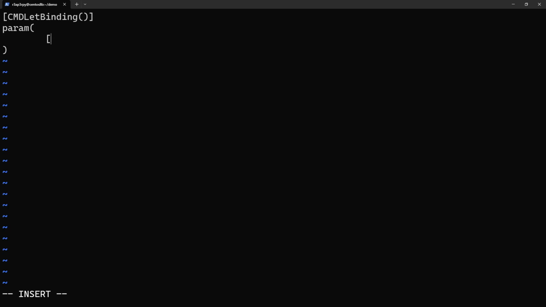The first parameter is going to be Mandatory = $true, and the Position is going to be 1, and this parameter is going to be an int,